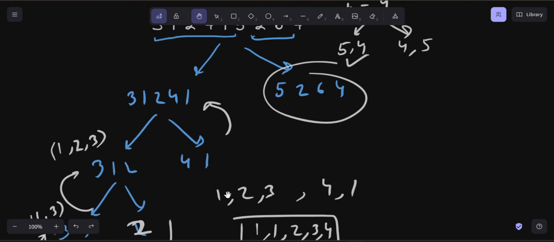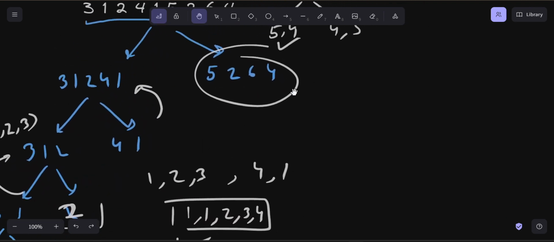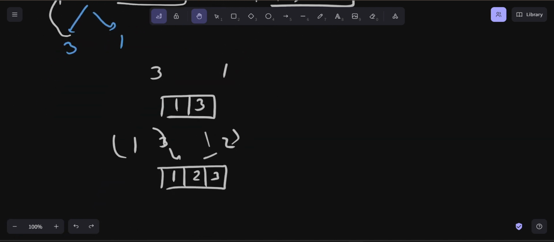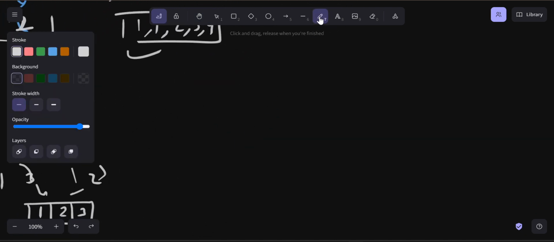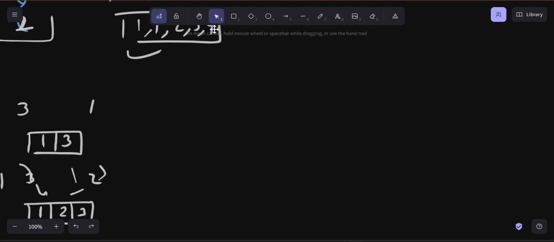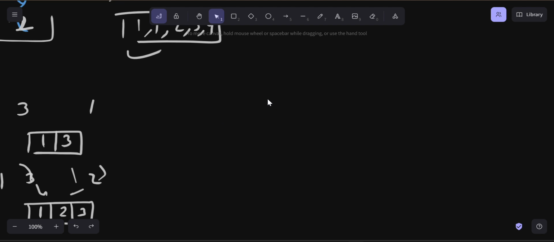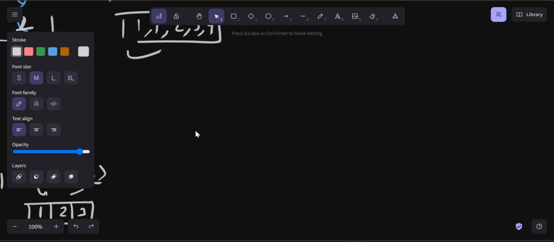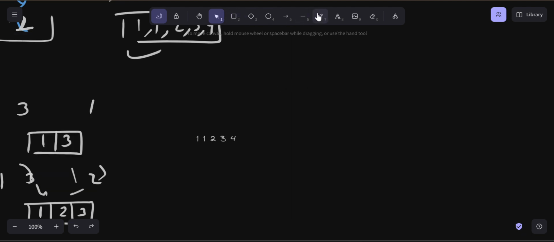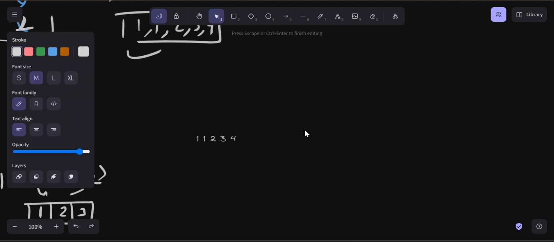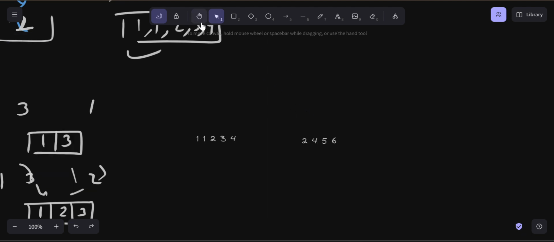Now let's say that we did this half and we did this half as well, and we got these two terms. I will write it here only. In the final iteration, when both halves are done, we will get two halves. The first will be 1 1 2 3 4, which I just showed you, right? This will be one half, and the other half would be 2 4 5 6, the sorted one. So these both are sorted in a way,